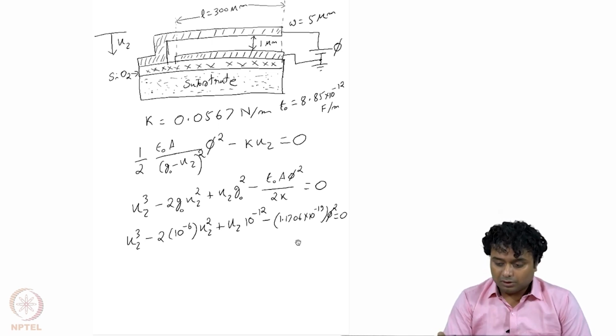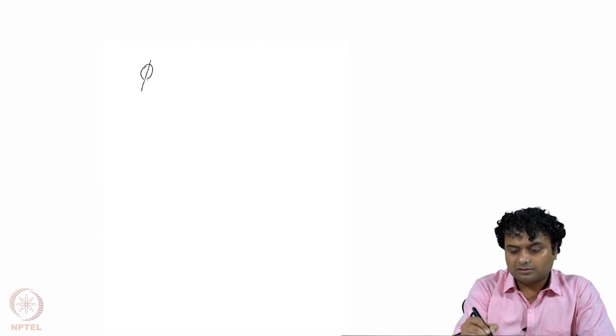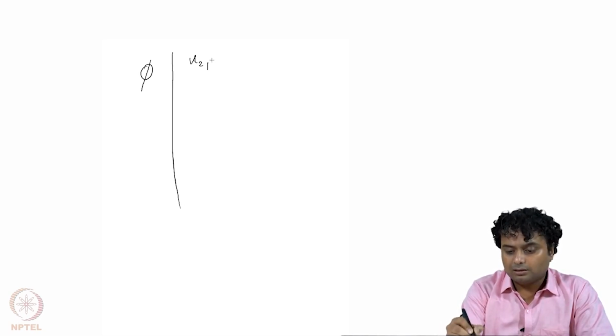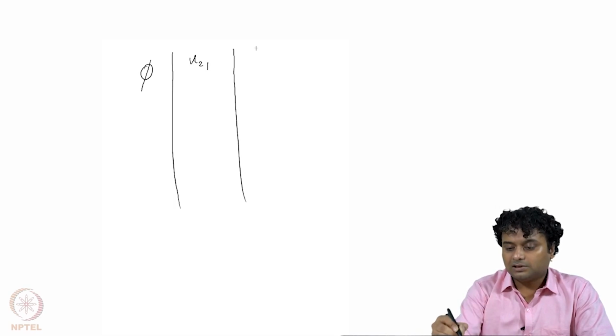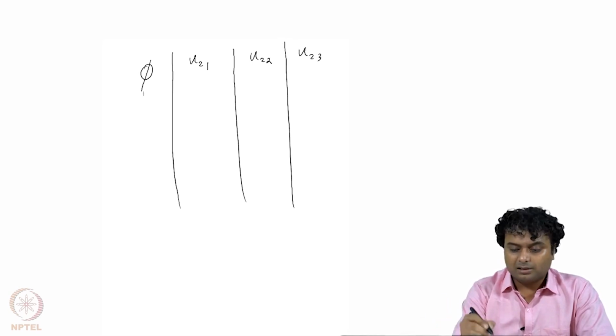So let us put different values of phi. Let us say this is my phi, and then I will have 3 roots, right? So this is, let us say, uz1, then I have uz2, and then I have uz3, right? If phi is equal to 0.5 volt,